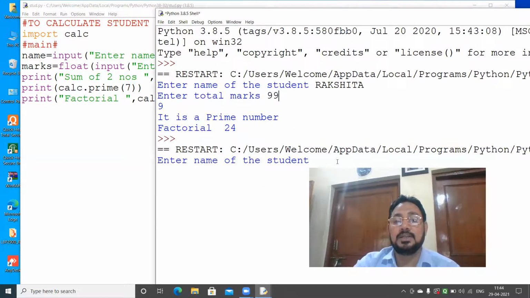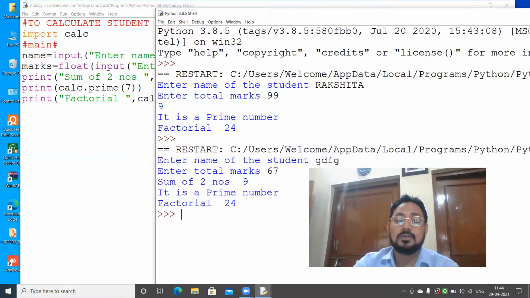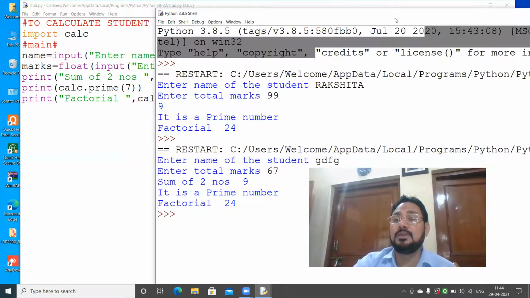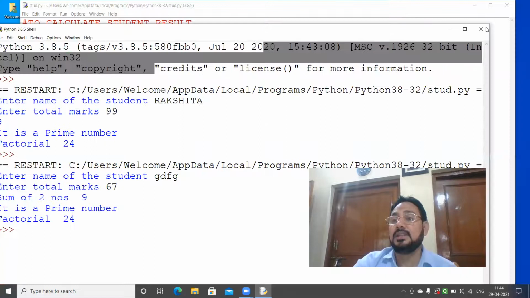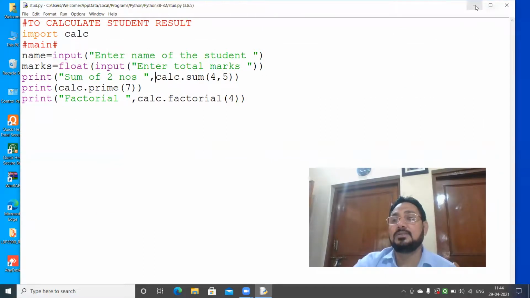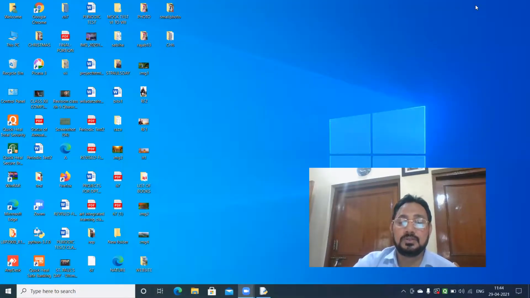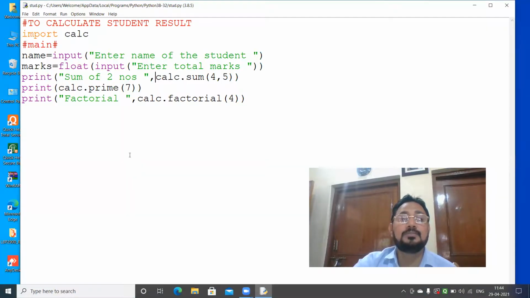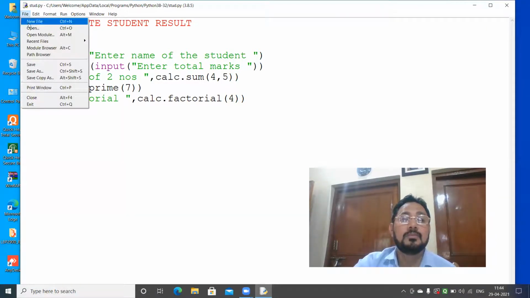It will ask you to enter again. Any name I will enter, any marks I will give. And again the result will come correctly. Now, if your module has some error, then that error is reflected back here also, of course. So I will open that calc program.